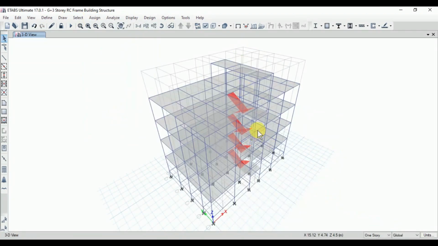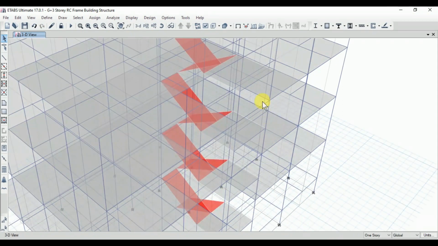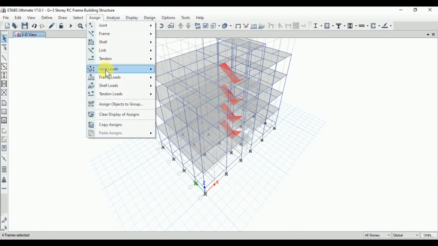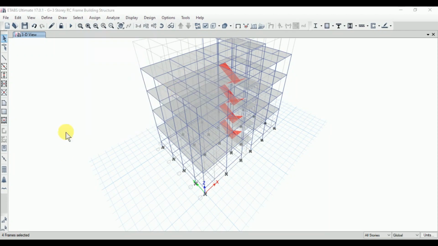Now we need to apply the superimposed dead load for the secondary beams under the landing. For that, select all stories option and select the secondary beams. Here you can see 4 frames are selected for these landing slabs. Go to assign, frame loads, distributed.